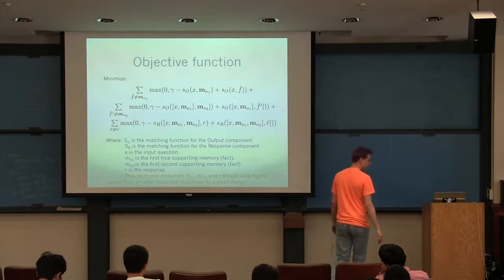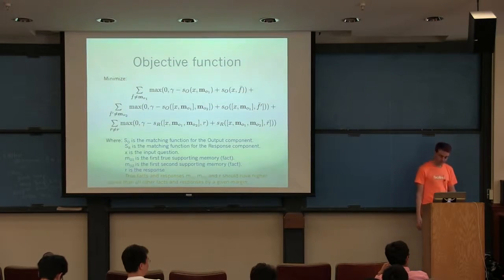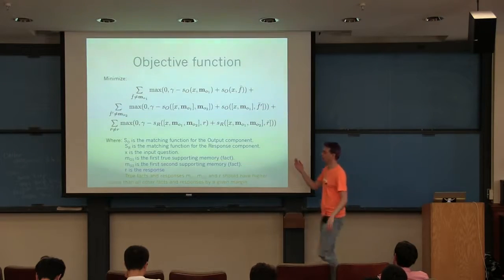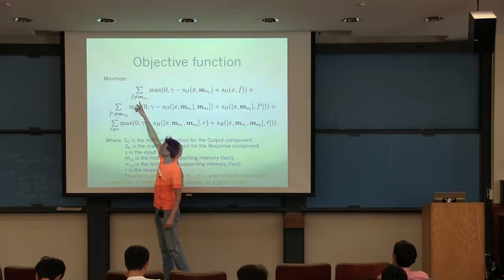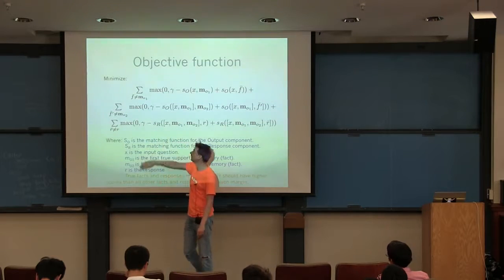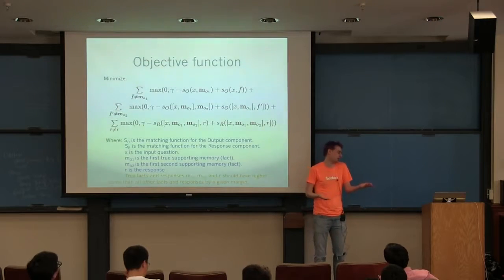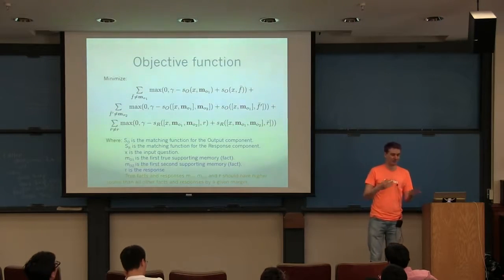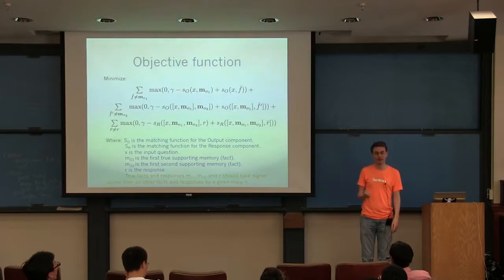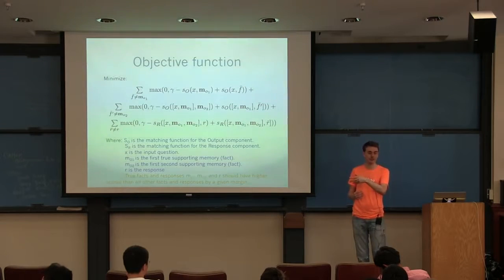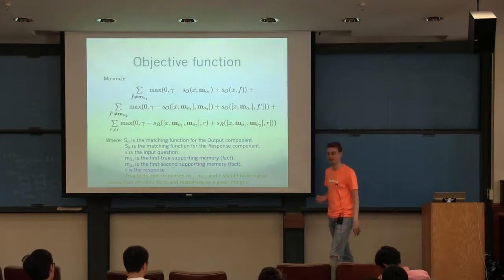So this one should be faster, right? Because you don't have to go through all. Yeah, that's the nice thing about this. If you've got a ton of memories, you can train this. So this sum here, where you're saying all f not equal to m_o1, you can subsample the negatives. But you can do that with other criteria as well. People have also done that with the NLL criterion, but that's typically how I train it. I would pick a few random negatives and only use those on each stochastic gradient step, so each step isn't really slow.